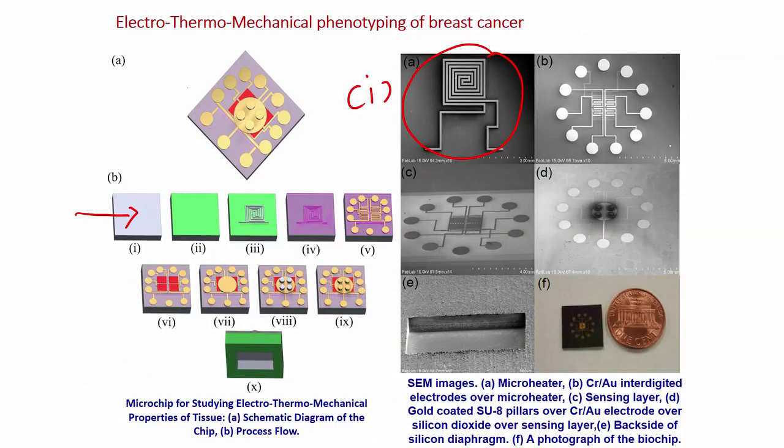You got it? Now, what is the next step? Next step is we have to pattern interdigitated electrode on this micro heater, but can we do that? No, because this is a metal, let us say this is metal number 2, micro heater is our metal number 1. We cannot have two metals on each other, otherwise it will cause shorting. So, we should have an insulator between micro heater and the interdigitated electrodes, we should have an insulating material. So, let us perform that step,